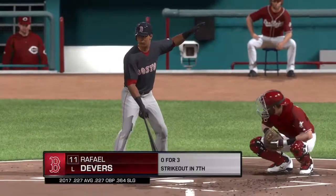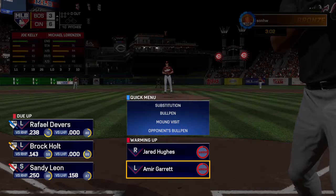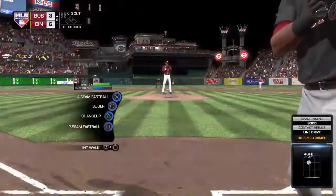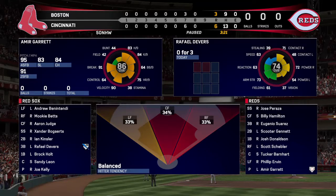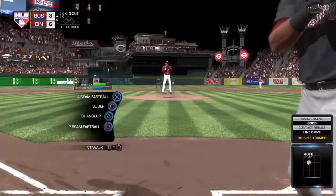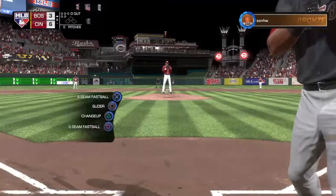So stepping in, Rafael Davis. He'll try and lead things off here in inning number 9. Garrett comes on from the pen, hoping to finish this one off here in the top. For the Reds, number 50. Now action